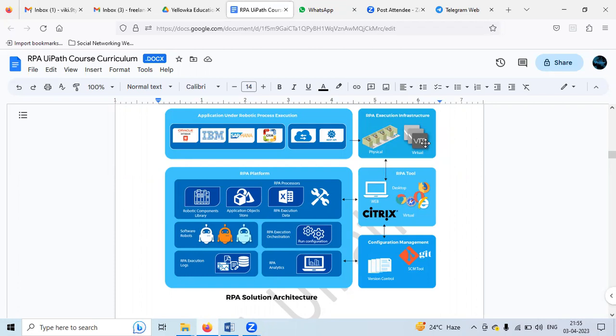Similarly, the other option is called virtual. Virtual in the sense like, for example, if we are working with some clients, okay, what they do is they provide us some virtual infrastructure, that is virtual desktop infrastructure, VDI. So virtually we connect to those VDIs from our laptops, and then we do the automation in those VDIs. So things are the same. It is just that this is physical in nature, you can touch and do the work. That is virtual in nature, so inside your laptops and desktops you are just connecting to those machines and doing the automation inside it. Okay,